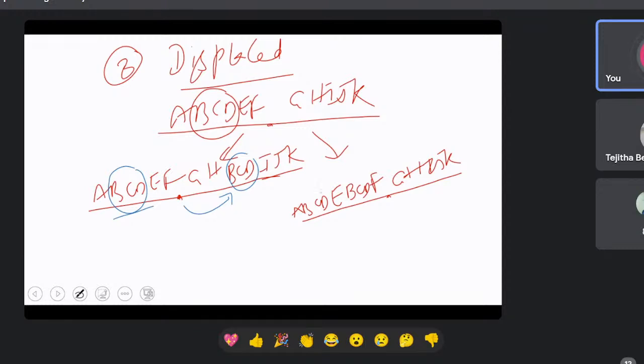In the second case, this one is the duplicated segment. It is present not by the side of BCD. It gave a small gap E, and then it is present on the same side of the centromere. In such case, this is called as homobranchial duplication, and this is called as